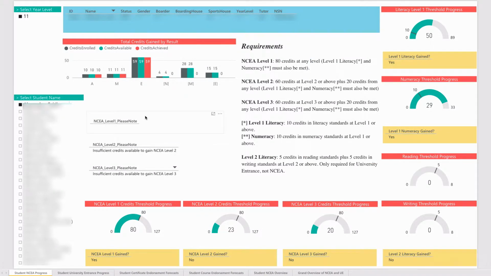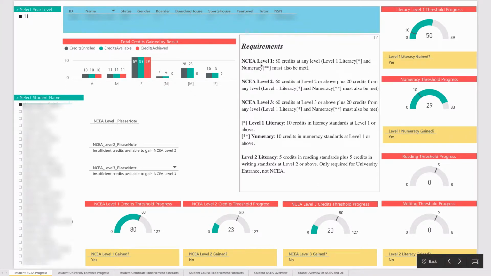Welcome to this introduction of Power BI and how we're doing some academic analysis of our student progress. This is one of the reports that we have written that is using some real data, and we've removed some of the names and identifiable details from it. This is designed to be an overview of students at a pretty high level, giving an academic snapshot of